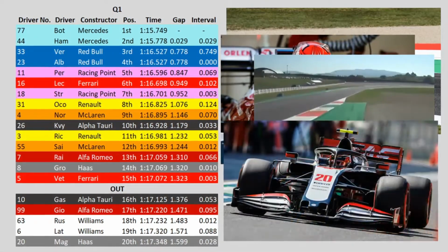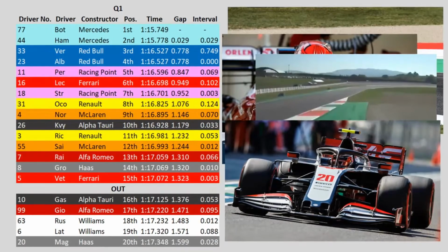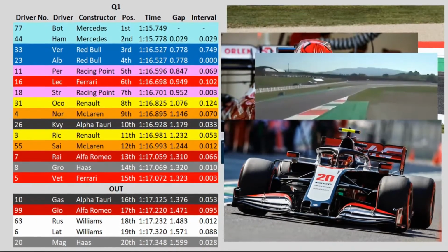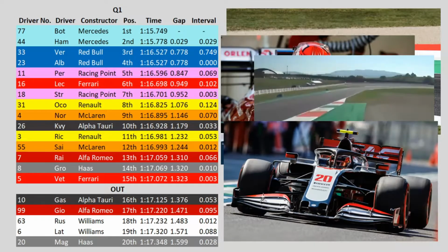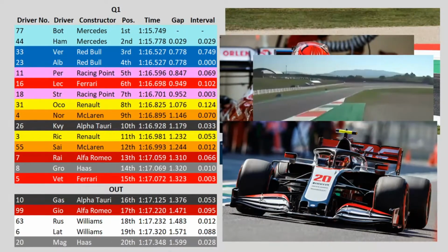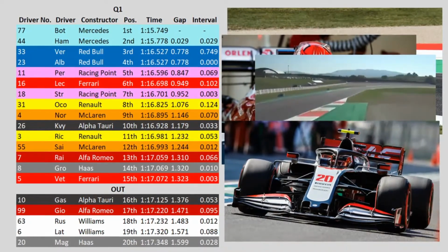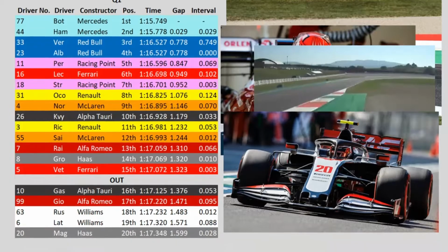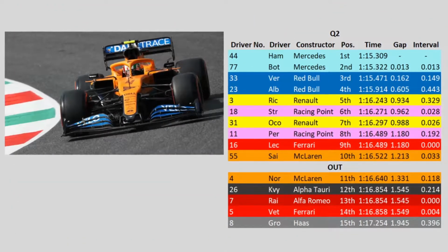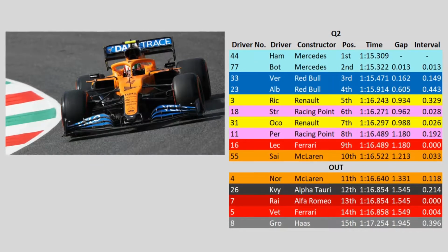And unfortunately for the 2nd race in a row, we have Kevin Magnussen and a Haas on the back row of the grid. And with Leclerc sat in P6, we have some genuine potential to see a Ferrari get into Q3 for their 1000th race. And with that, we head to Q2, but it is Lando Norris who we start with today, P11, and for